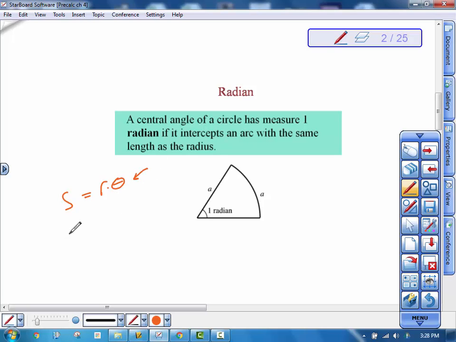radians. So if the arc length is 5 miles and the radius is 5 miles, then that angle would be 1 radian. Divide both sides by 5, and you get 1. So it kind of follows from the arc length formula that if you have an arc length that's the same length as the radius, then that angle is always 1